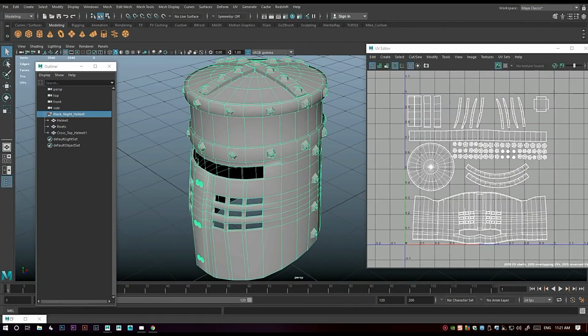Hey everybody, and welcome to part 3 in our Black Knight helmet series. So in part 1 we did the modeling, part 2 we did the UVing, and this is basically where we left off. Now what I want to do next is take the model into ZBrush, make a copy so we can use that as our high poly, so we can use that later on when we do our texturing